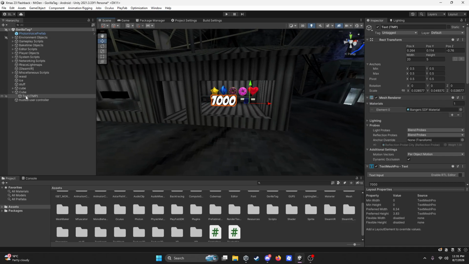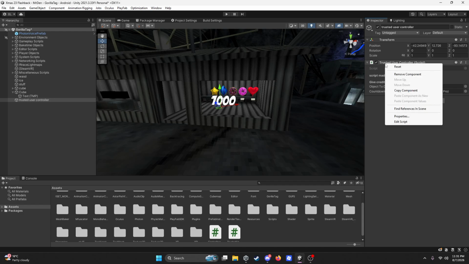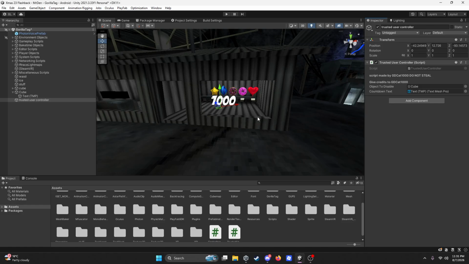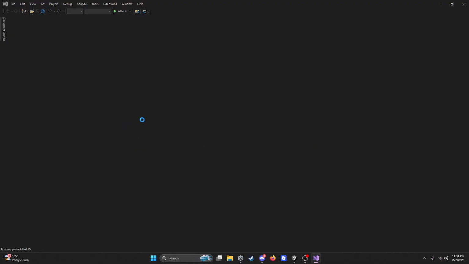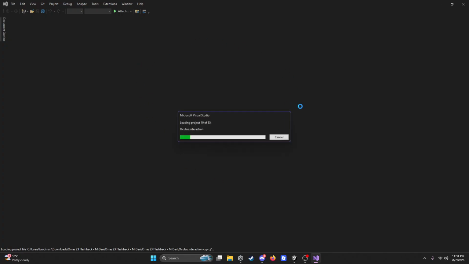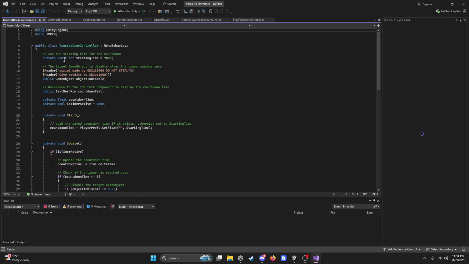And then make sure it's in the cube. If it's not, drag it onto the cube so it's connected together. And now what you can do is drag this onto countdown text. And now right click the name script up there, edit script, wait for it to load, Microsoft Visual Studio. Then once this is done loading, it might load instantly for you. Don't worry about anything else. Just you see right here,